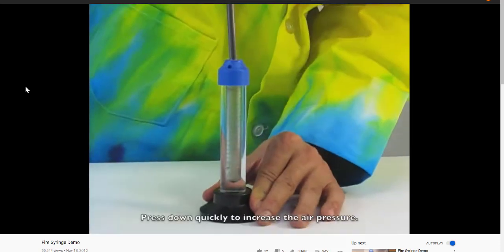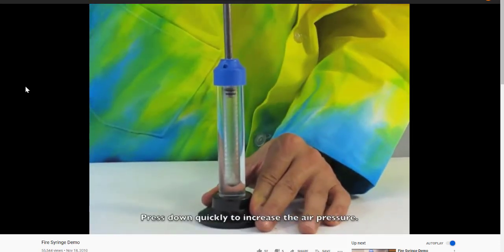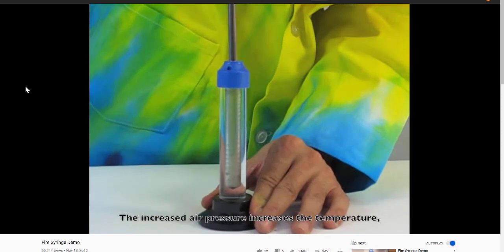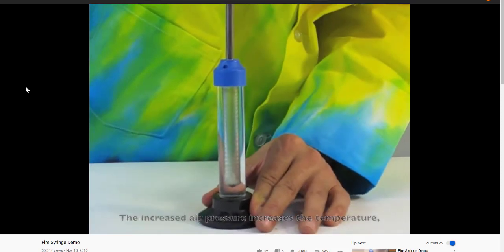Press down quickly to increase the air pressure. The increased air pressure increases the temperature, making it